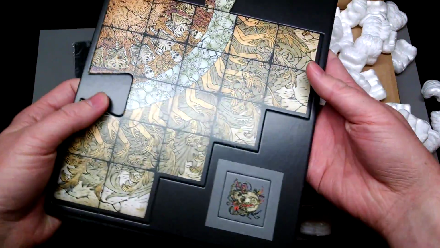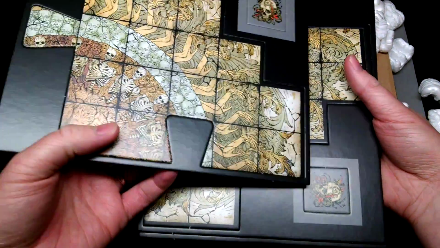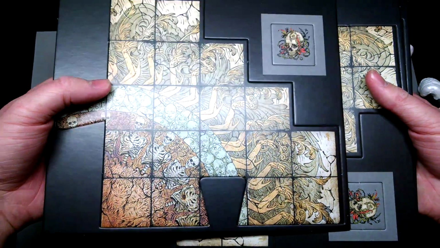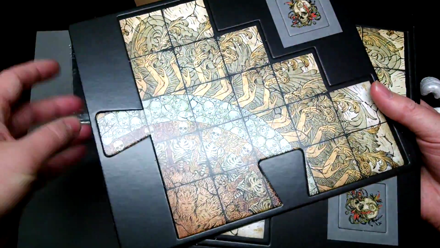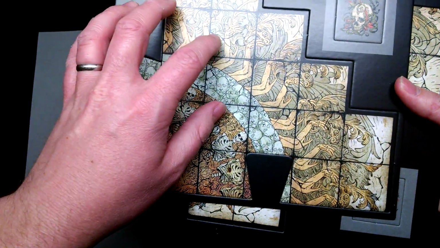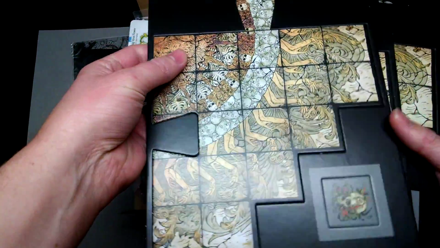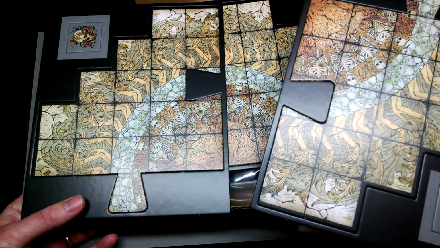Let's see. So here he is. The actual game usually has a big board and a host of different terrain tiles that you can add to it. And this kind of looks like what these are, some assortment of terrain of some sort. It actually looks like little puzzle pieces that all fit together to create